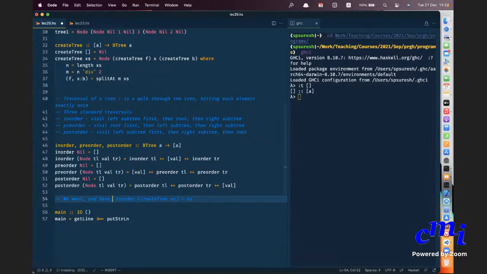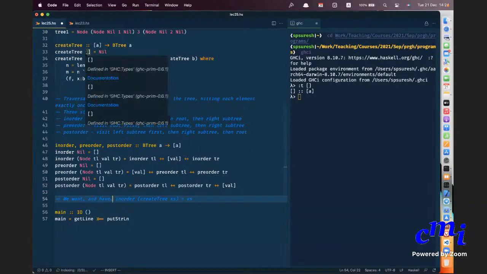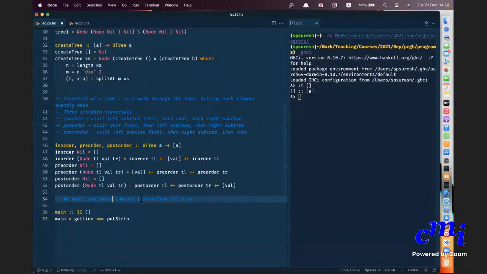It's a simple inductive proof you can give. Okay, induction on the structure of trees. For smaller trees, something holds. Therefore, for a bigger tree also, assuming that you can prove it for a bigger tree also. And of course, for nil, it is automatically true. Create a tree from a nil, that is, create a tree from an empty list. That is nil, and when you do the in order of nil, it is the empty list.